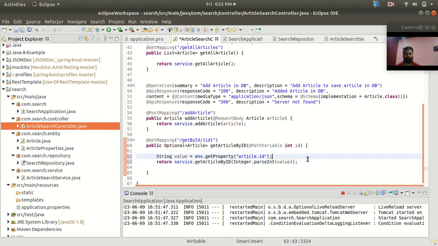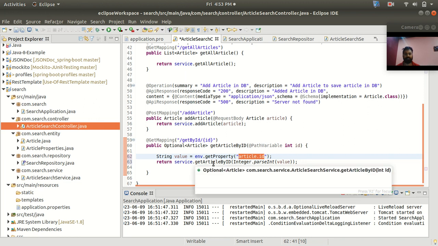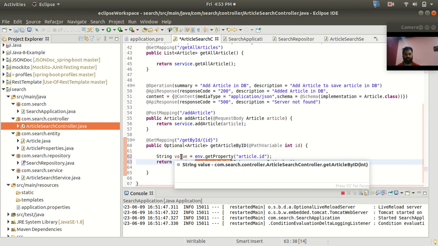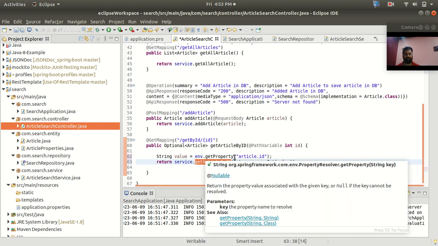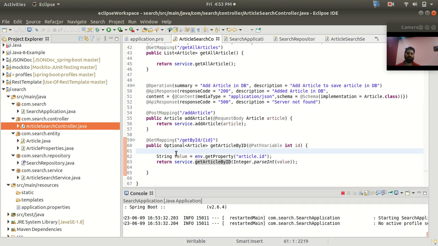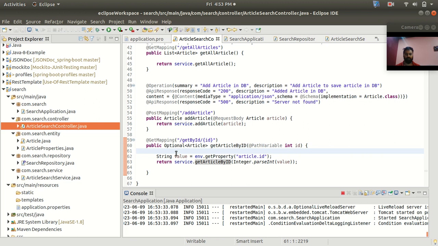Basically what I am doing is fetching the value of article.id, which is defined in your application.properties file, and I'm using this value to further fetch from the database. In this way we are able to fetch the value from your application.properties file. Okay, so let's save this, and now let's move to our